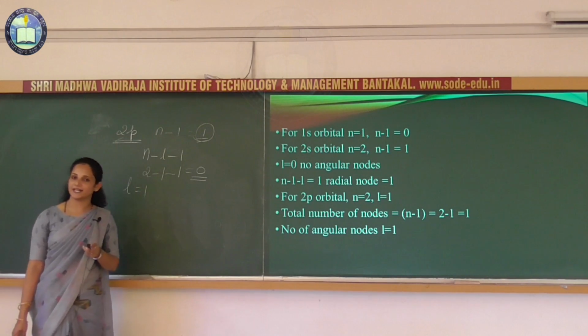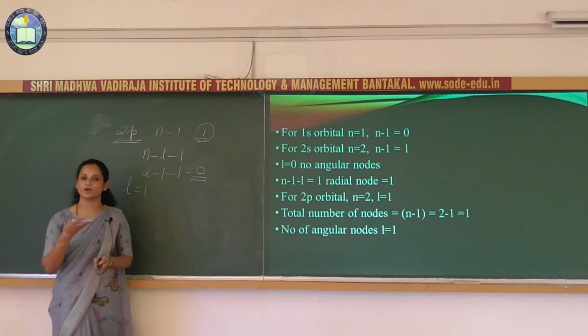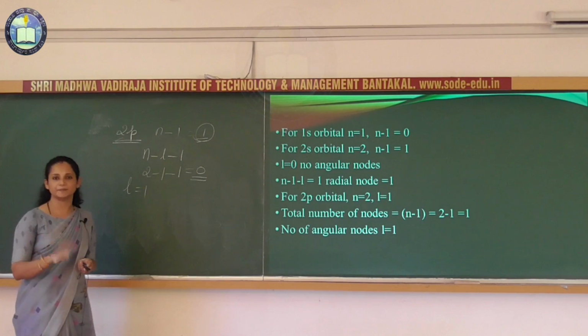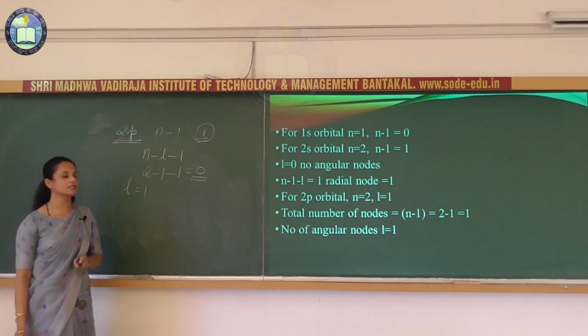But the number of radial nodes may differ depending upon the principal quantum number. Whether you take 2p or 3p, the number of radial nodes varies. But angular